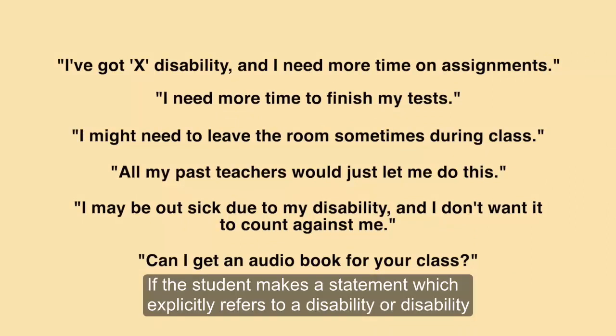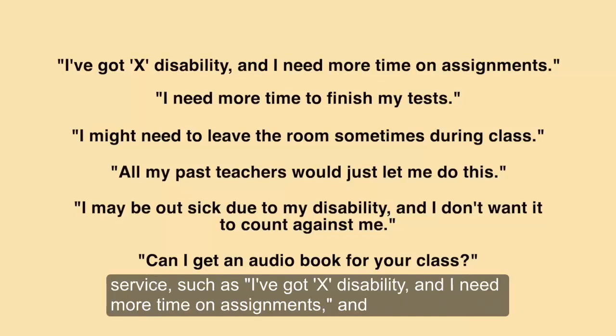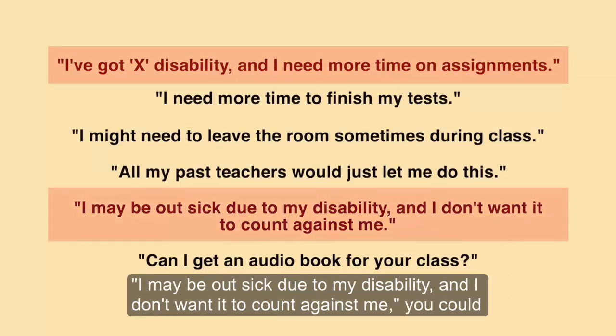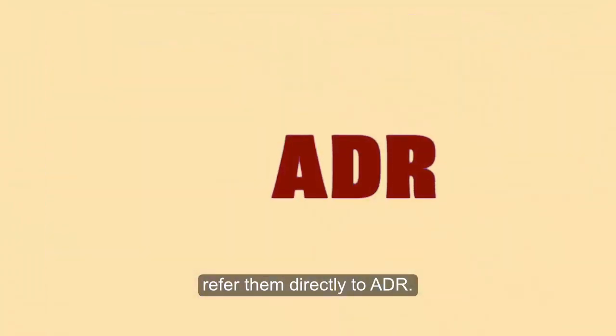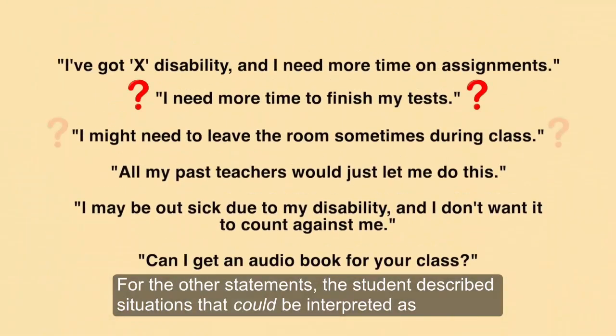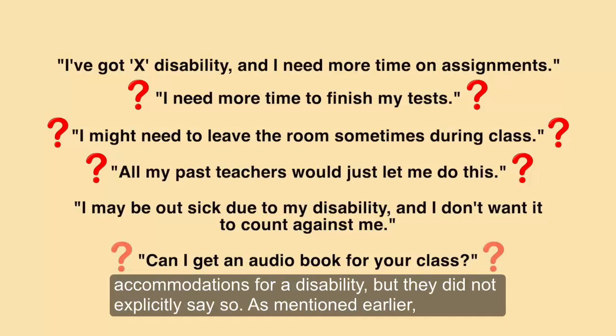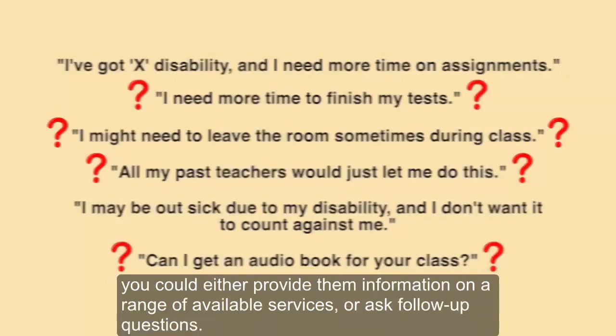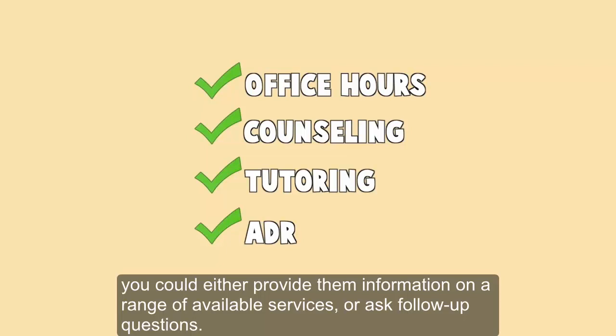If the student makes a statement which explicitly refers to a disability or disability service, such as, I've got X disability and I need more time on assignments, and I may be out sick due to my disability and I don't want it to count against me, you could refer them directly to ADR. For the other statements, the student describes situations that could be interpreted as accommodations for a disability, but they did not explicitly say so. As mentioned earlier, you can either provide them information on a range of available services or